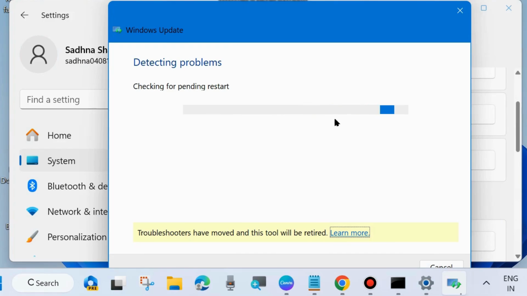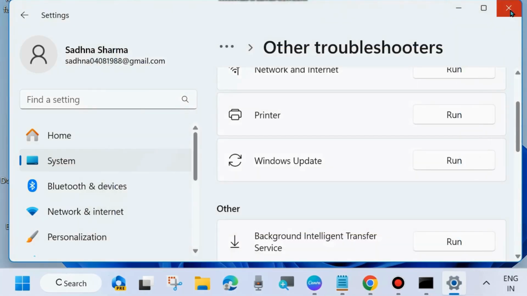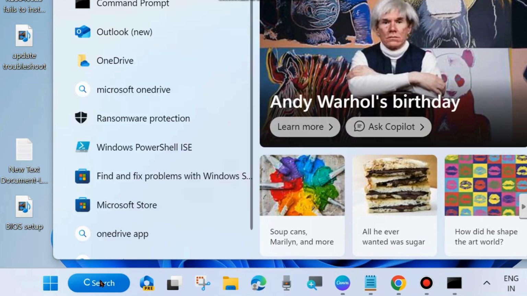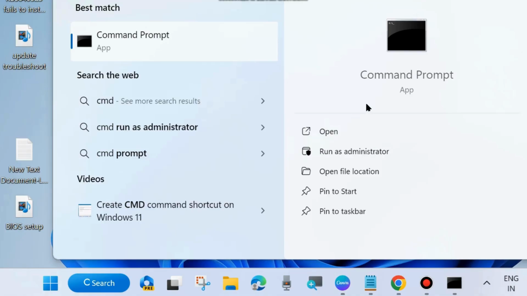Windows Update troubleshooter is an important tool of the Windows system. Wait for some time. Follow the on-screen instructions to complete the troubleshooting process and check whether you are still receiving such a message or not. Go to the next fix, and the next one is: go to Windows search and type CMD and open